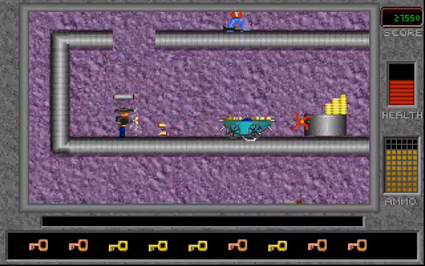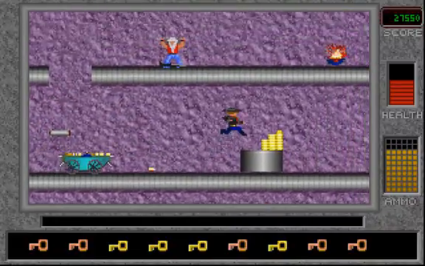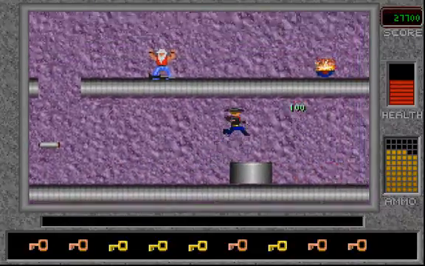Whoa. That wagon with a bomb and gold in it can shoot at me for some reason. There's not even anybody inside it, but somehow it has the ability to...